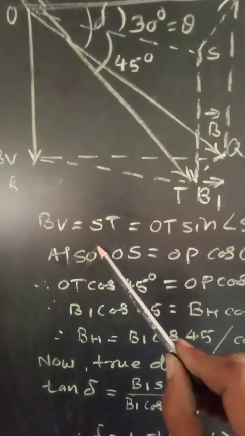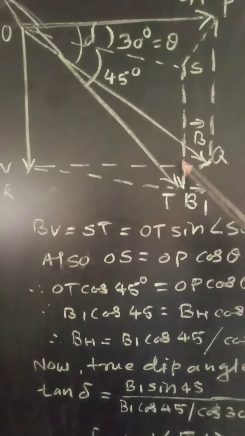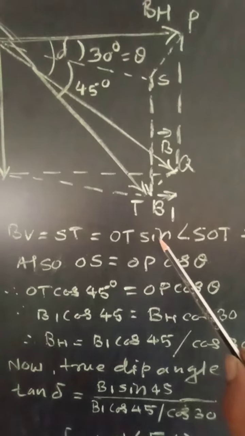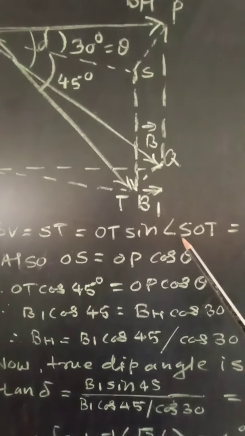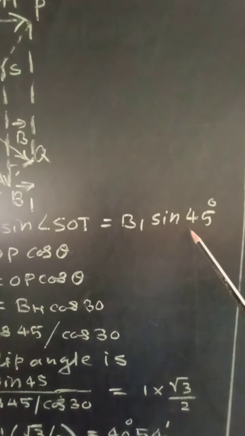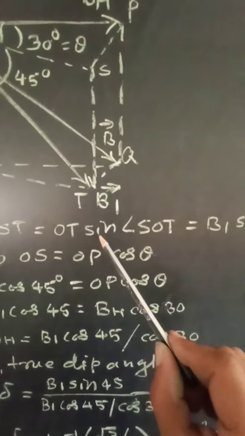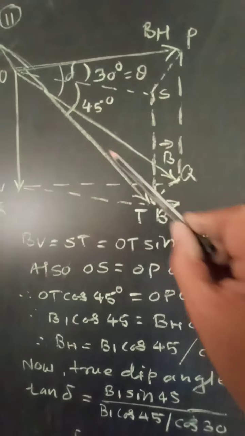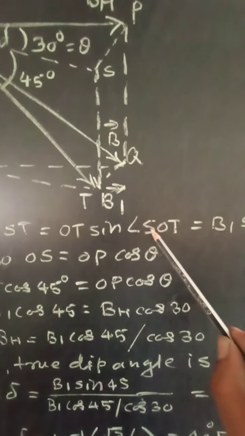BV is equal to ST, which will be equal to OT sin angle SOT, which will be equal to B1 sin 45 degree, because OT is equal to B1. So OT is B1, and angle SOT